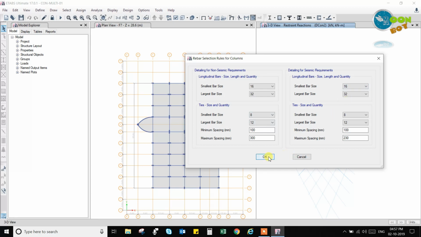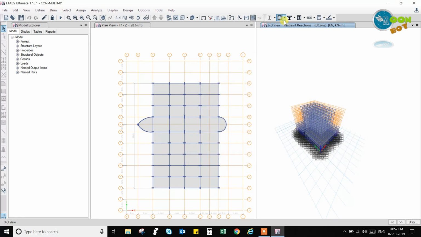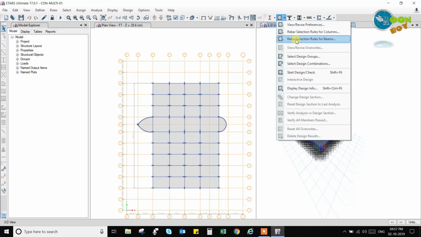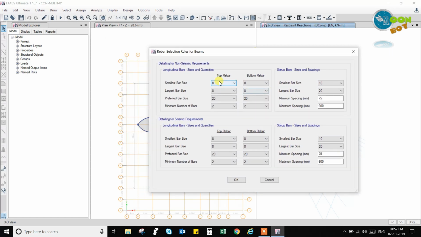Okay, now it is okay. And for beams I will keep it as 12 mm and maximum is 20 mm, and stirrup bars is 8 mm and 12 mm maximum. Here I will keep it as 300. Similarly for seismic zone, preferred is 16 mm. I will keep preferred 16 mm. Okay, and similarly the same thing you keep it as,